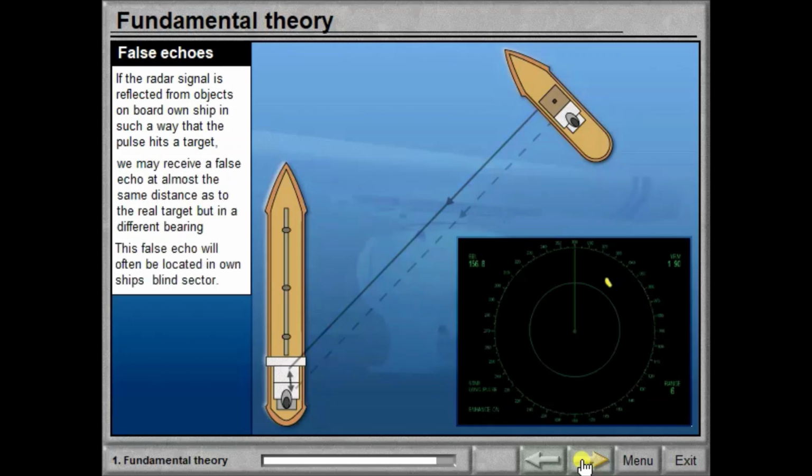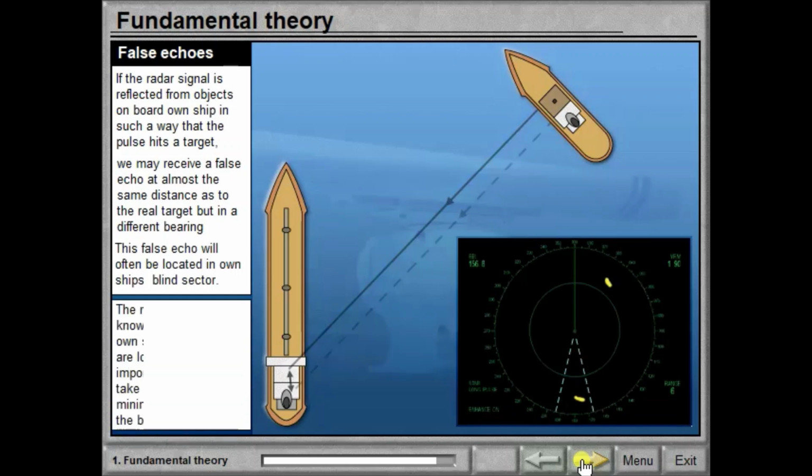This false echo will often be located in own ship's blind sector. The navigator should know exactly where own ship's blind sectors are located. This is important in order to take actions to minimise the effect of the blind sectors.